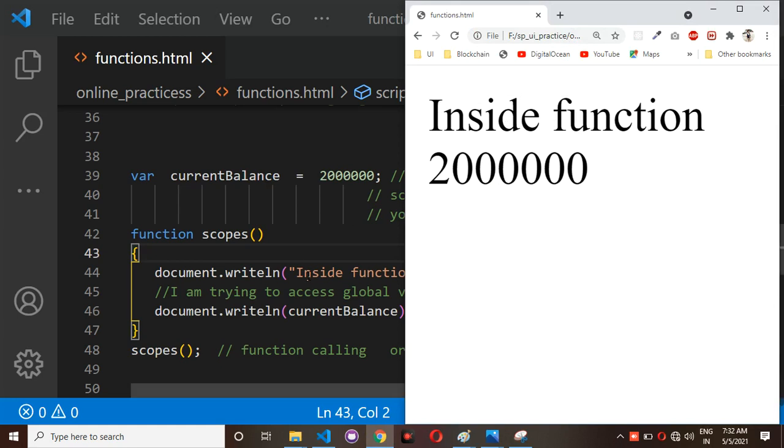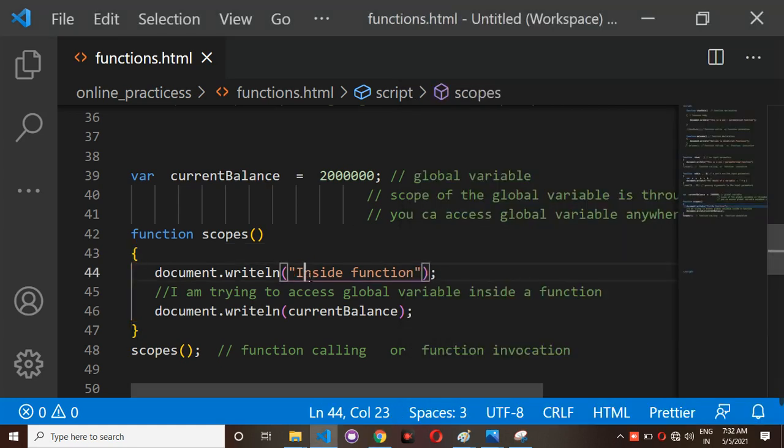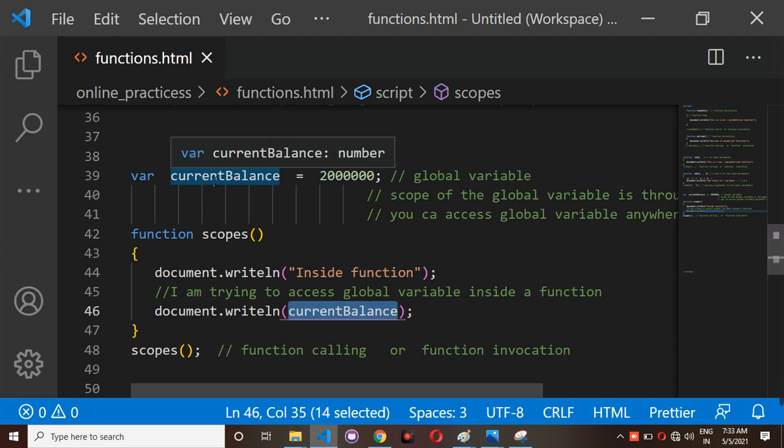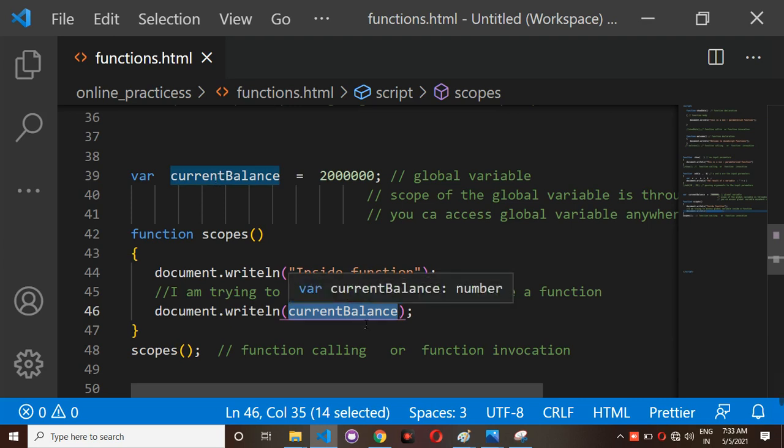So inside this function, if you observe here, scopes is nothing but one of the functions. Inside this function, I have written current balance. This current balance is nothing but one of the global variables. Even though I have written this current balance outside of a function, I can access it inside a function also.